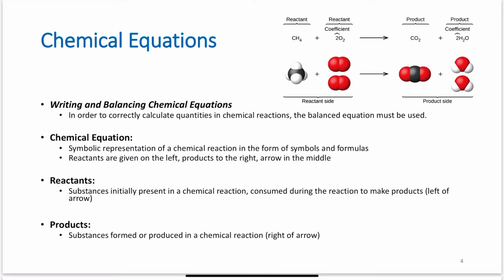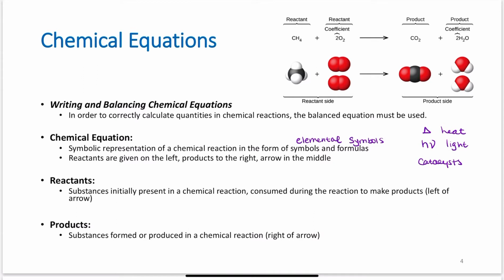A chemical equation, again, is a symbolic representation of a chemical reaction. We use this to be able to tell us and others what's happening. We use this in the forms of symbols, meaning elemental symbols, most often. We can also have symbols for heat, light. We can use catalysts. And there's other things that can be included as well. So we use different types of symbols to represent what's happening, what's reacting, what's being produced, and the formulas of